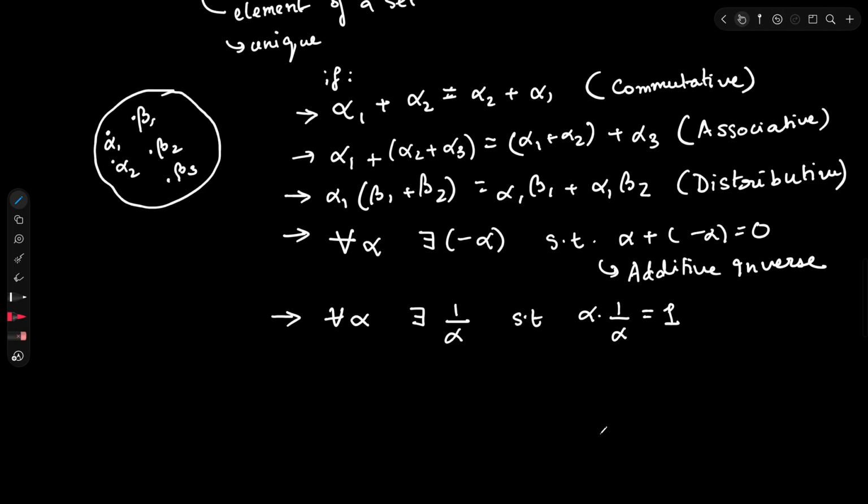But when we write for all alpha there exists 1 by alpha, if alpha is 0, then 1 by alpha does not exist, so we cannot write there exists 1 by 0. By law this statement is also correct, and I find more sense in writing it this way. So I don't write alpha not equal to 0. Rather, we can just write for all alpha there exists 1 by alpha, because if alpha is 0, there does not exist anything like 1 by 0, and this is called the multiplicative